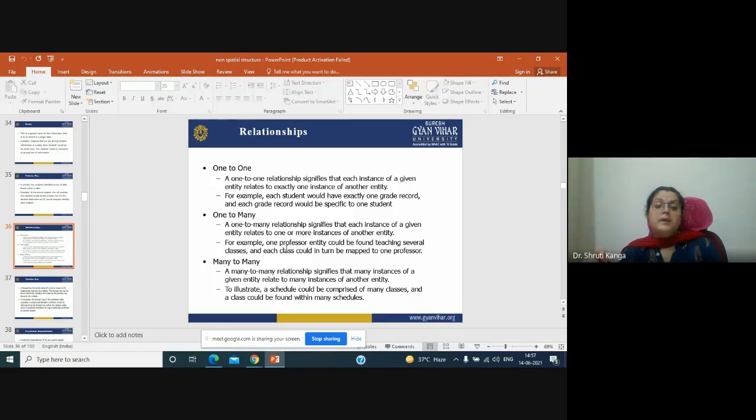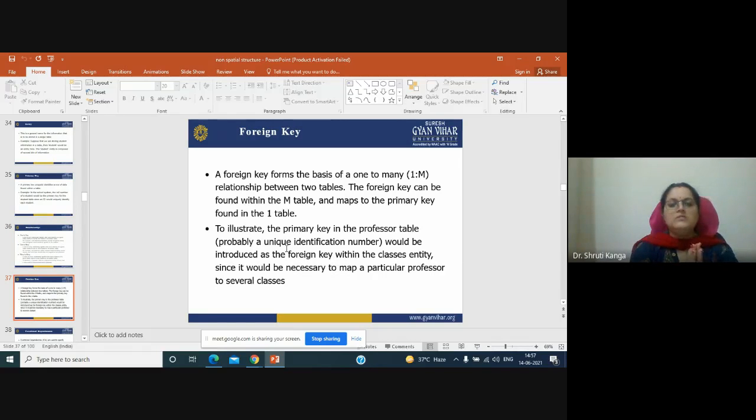Then comes many to many. Now a geoscience class can be connected with many students, and many students can be connected with different classes. Okay, so that is called a many to many relationship. Then comes the foreign key concept. A foreign key forms on the basis of a one to many relationship